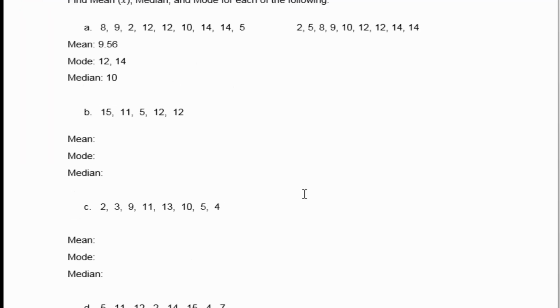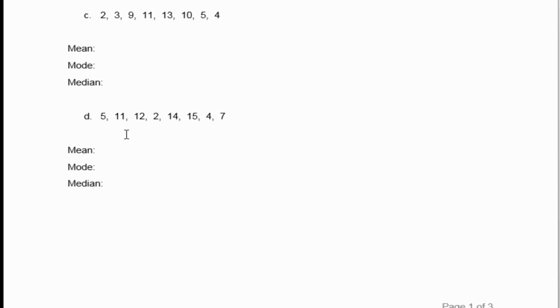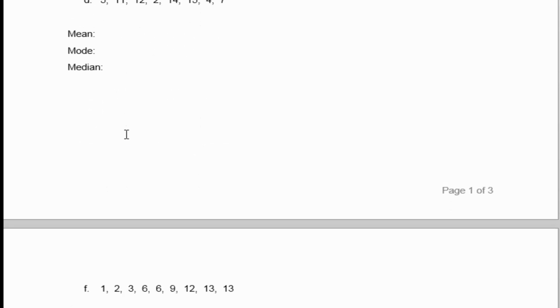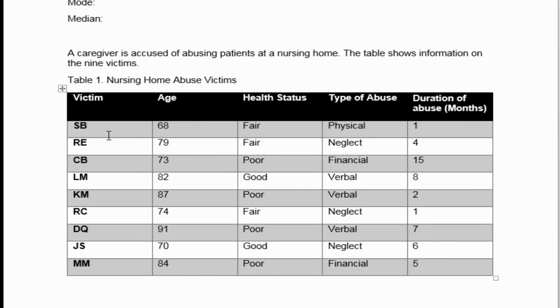Remember that if you have an even n, if you had 8 in your n or 10 in your n, finding the place, the exact center is going to be between 2 numbers. It'll be your 5.5 spot or your 4.5 spot, and half spots don't exist. So to find a place between 2 numbers, you'll need to average those 2 numbers. Remember that as you complete the rest of the worksheet, specifically with median. Go ahead and finish data sets B, C, D, and F.